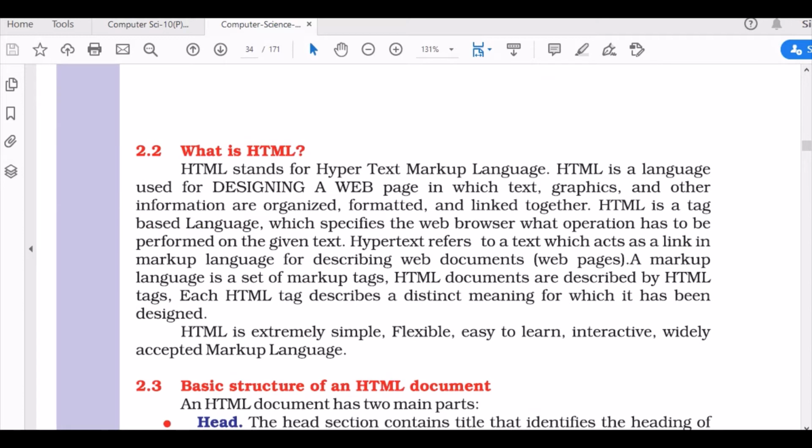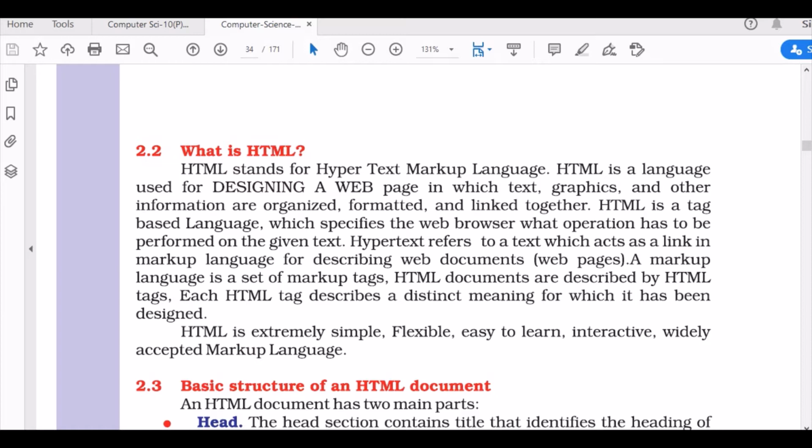HTML stands for Hypertext Markup Language. HTML is a language used for designing a web page, a web page which you see or browse every day through the internet.